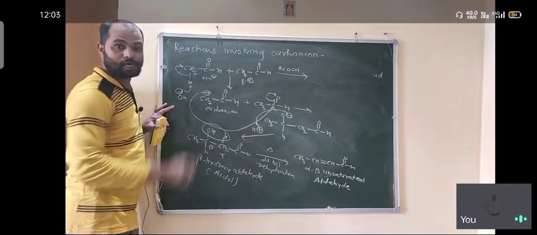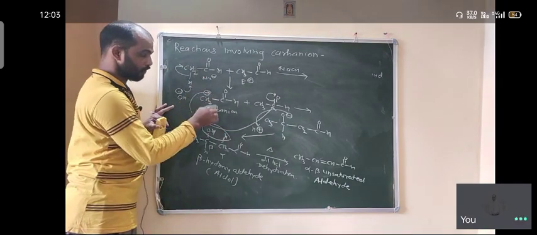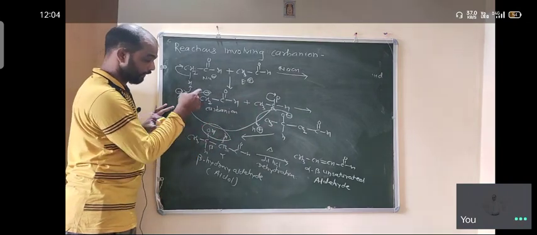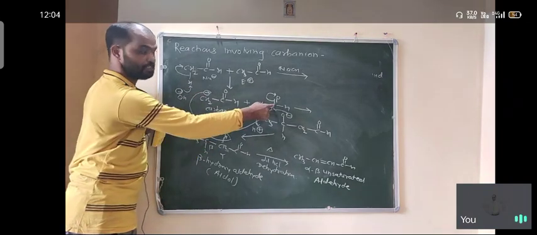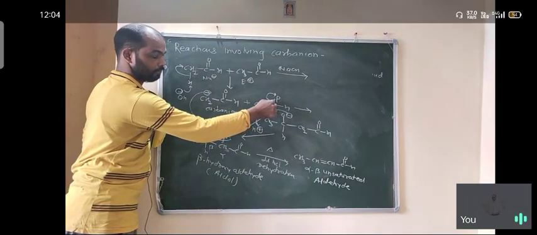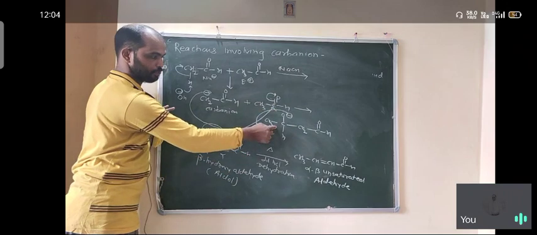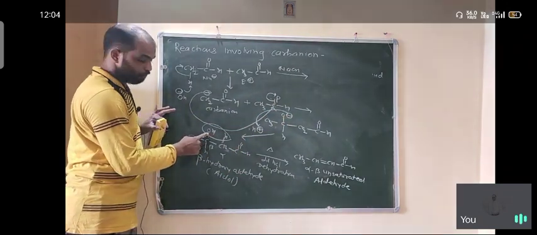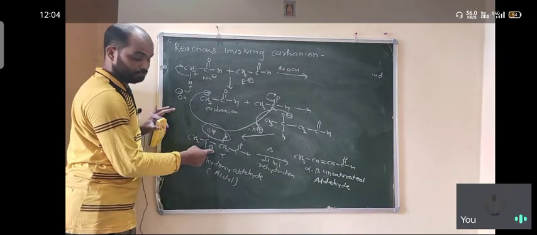Here is the carbanion. Once the carbanion is formed, it will react with another molecule, and the negative center reacts with the deficient center. So this is the reaction. So attack here, and pi electrons are delocalized, we get this. O negative will abstract the proton and convert it into a hydroxy group. So it is a beta hydroxy aldehyde, our aldol.